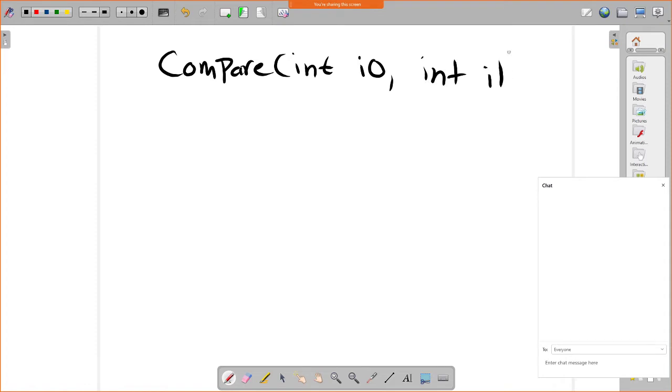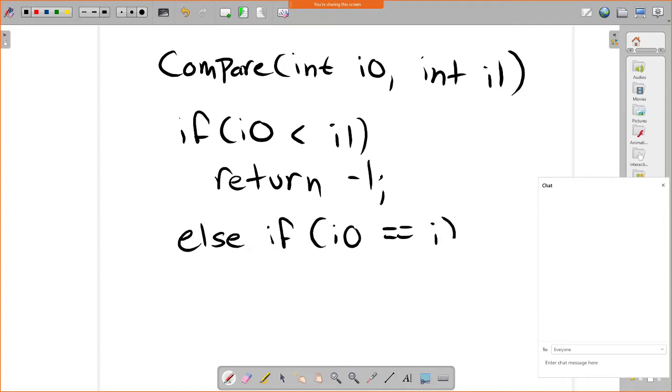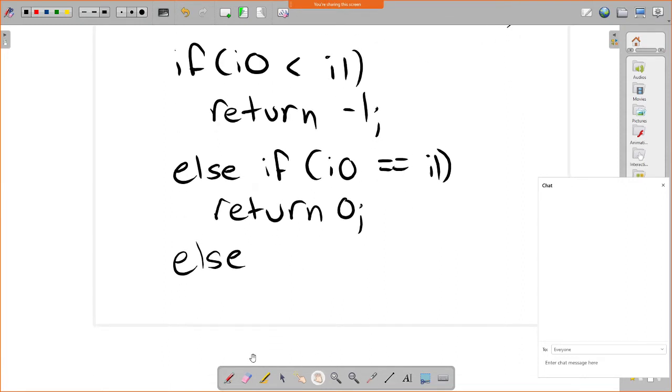Then the way I would do it is if I0 is less than I1, return a negative, basically telling that the first one is less than the second one, and then else if I0 is equal to I1, return 0, and else return 1. Usually the way I do it, but it's basically just a way to do a comparison function,